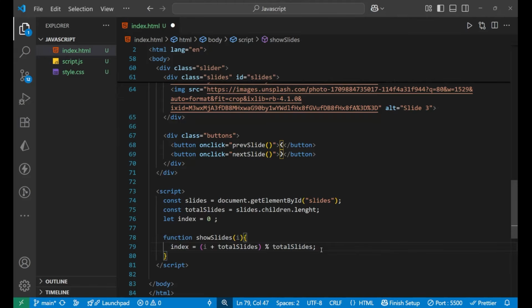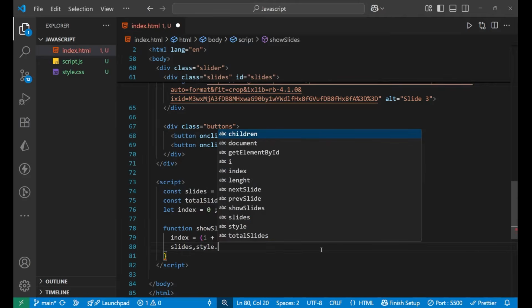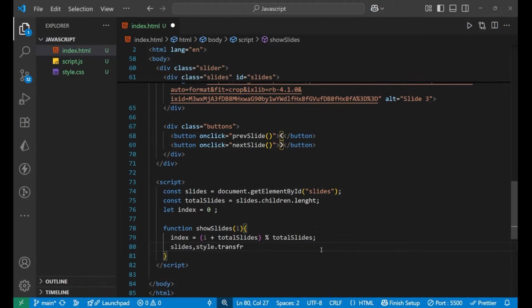Now coming forward, we will write slides dot style dot transform. So slides dot style dot transform equals to, we are changing the CSS basically, right? And we will say translateX, and then let's put a backtick here, because we need to input some text inside of it.